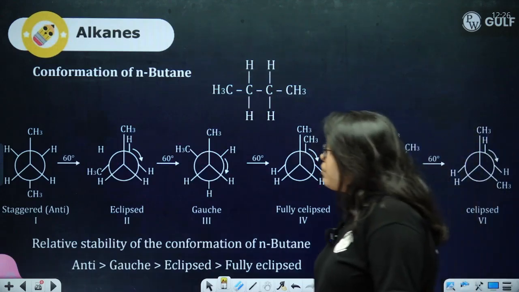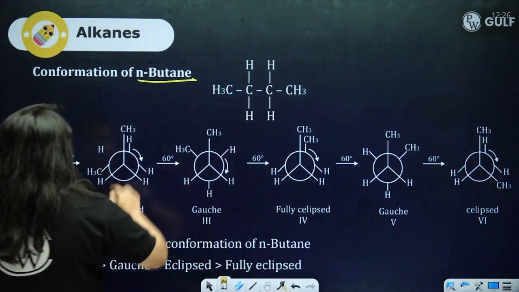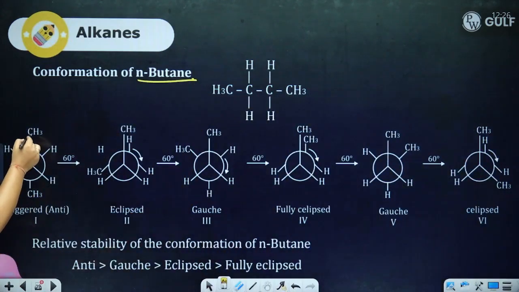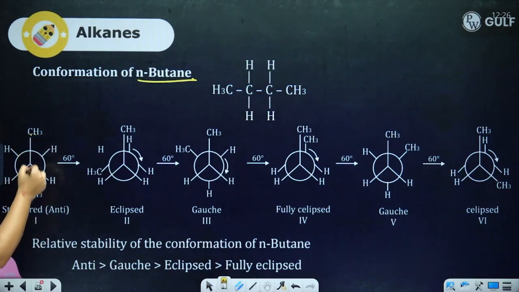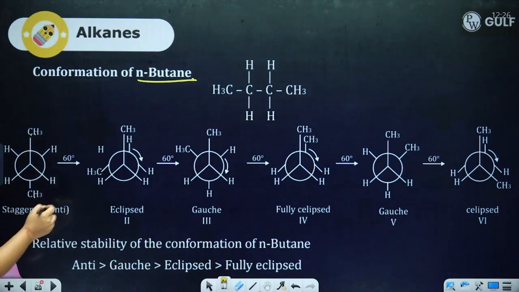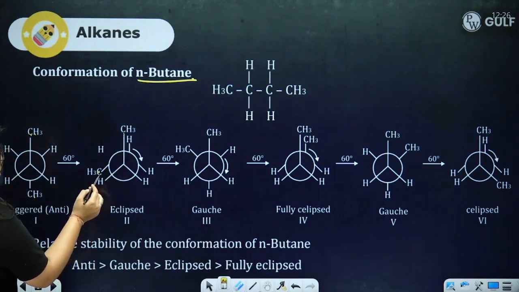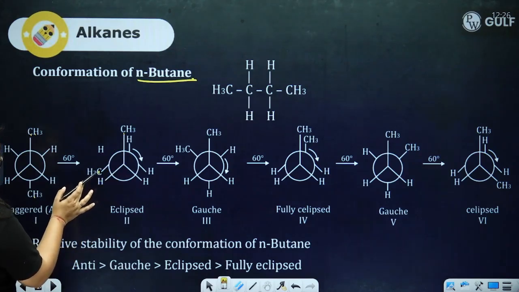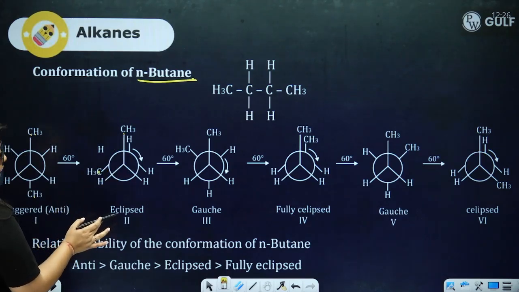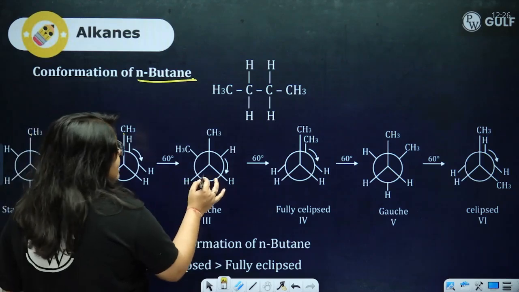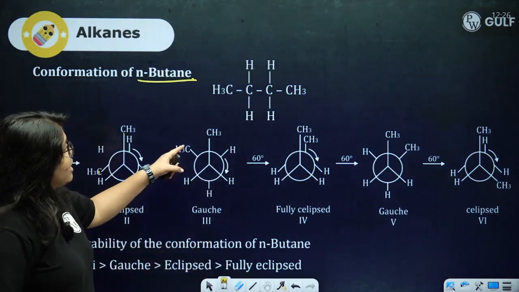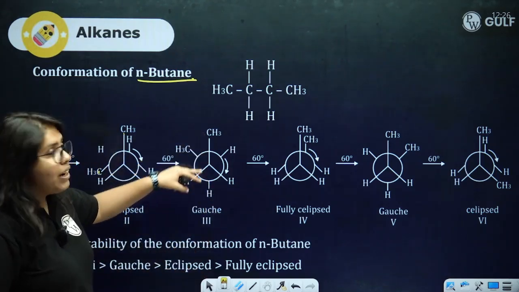Now, this is what conformation of n-butane looks like, beta. So, you see over here CH3, CH3. They are at poles apart. This is staggered. CH3, CH3. But here the dihedral angle between CH3 and H is 0. So, this is eclipsed. Okay, now this is not staggered. See, for it to be staggered, the CH3 and the CH3 should be at 180 degrees.